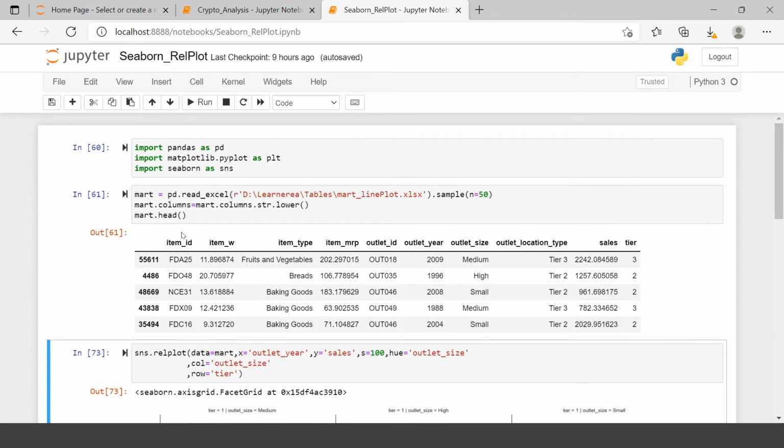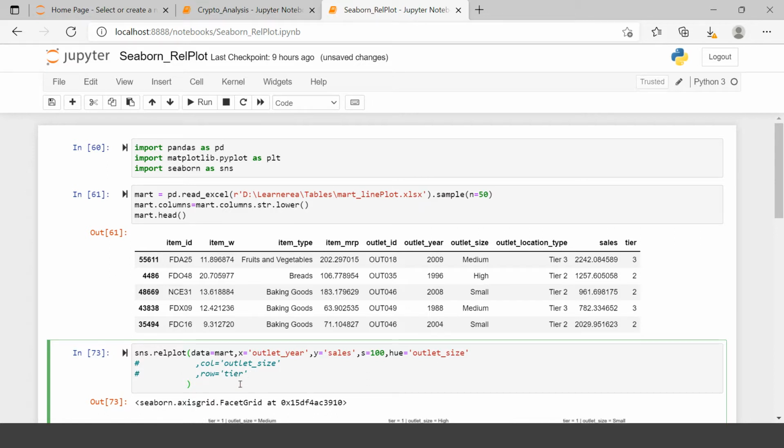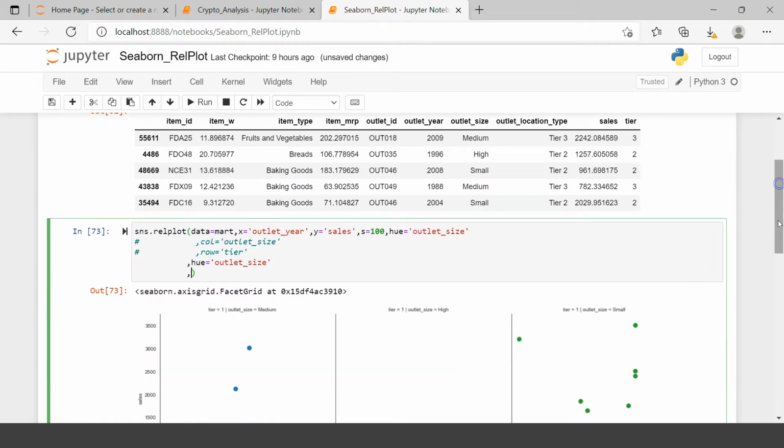So this is how you can use a relational plot, and on top of that, if you want, you can use all the styling parameters which we have been learning so far. For example, let me use hue over here, and in that I would use outlet size, and with outlet size I'm going to use palette.